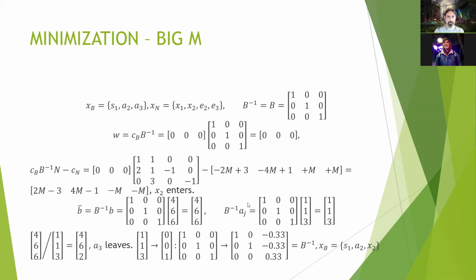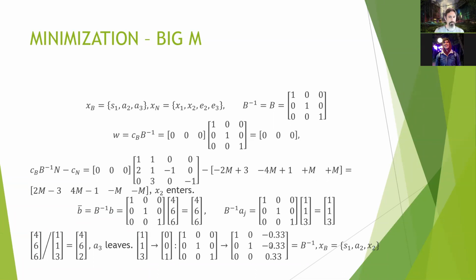Well, I have to calculate the ratio test and find out who leaves. But it's easy because it's the initial step, so it's 4, 6, 6 for the right-hand side and 1, 1, 3 for the constraint coefficients. So the ratio test is going to give us 4, 6, and 2. So A3 leaves, the third one leaves. As you can see, A3 leaves. So if A3 is leaving, then I'm going to change this 1, 1, 3 into 0, 0, 1. So changing 1, 1, 3 into 0, 0, 1 and doing the same thing for our B inverse, our time machine,